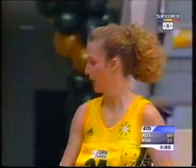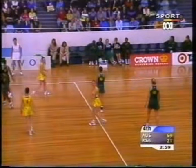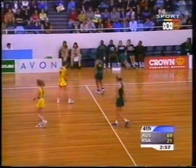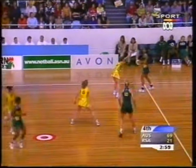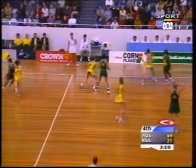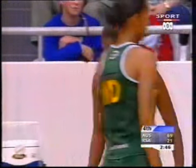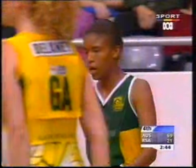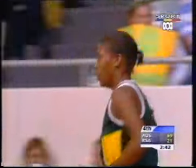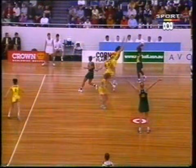I don't think if they had no National League here, that we'd see the standard that we have. But we've also got that strong infrastructure that we've had for so long with the Institute of Sport program, and that's the kind of base that South Africa would love to have. Yeah, we have several tiers to the development of our players, whether it's regional academies or the state academies, national championships and the National League, and that, of course, is servicing Australian netball well. As we take another look at